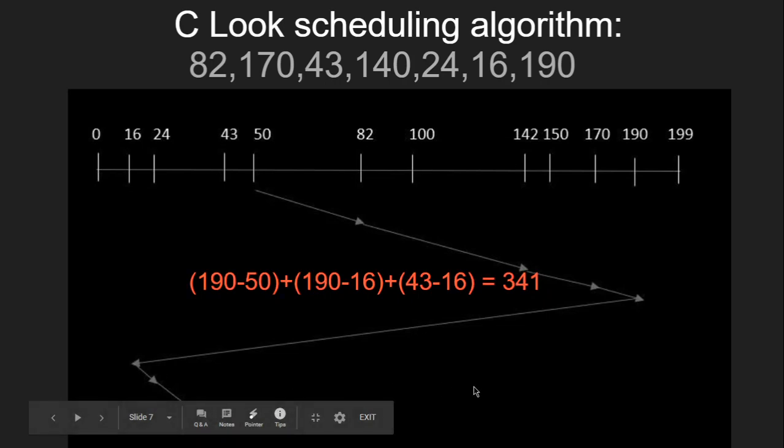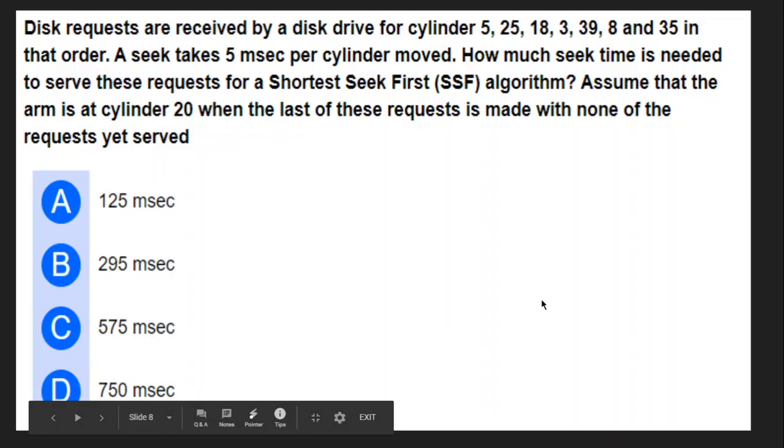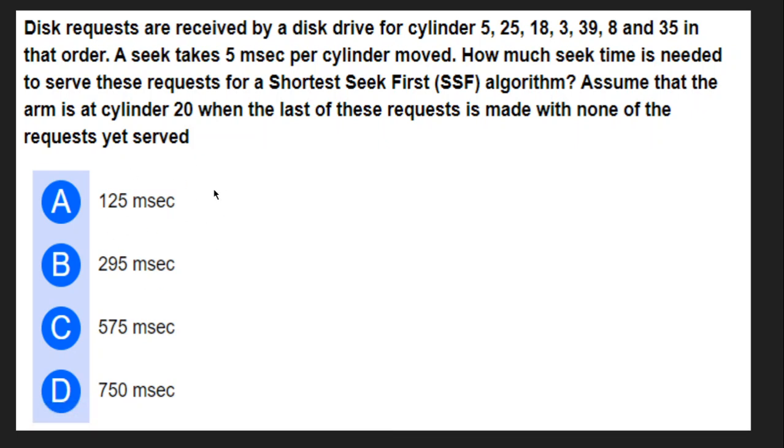One more question related to these algorithms is given, and I have solved the answer for this. It is the same thing, but the question is asked about the seek time. So be careful about what is asked for, and don't go only with the head movements. Here the arm is at cylinder 20, and this is the request sequence given to the drive for disk access. The question asks how much time it takes to make the whole head movement. It is given that each cylinder takes 5 milliseconds.